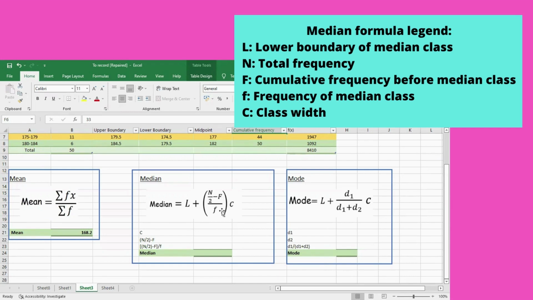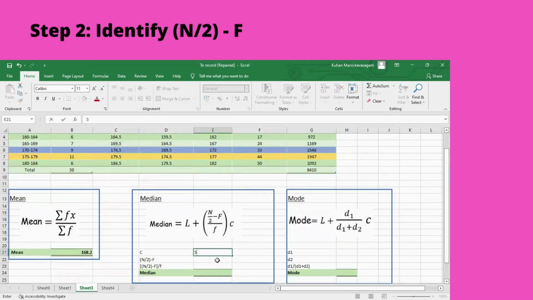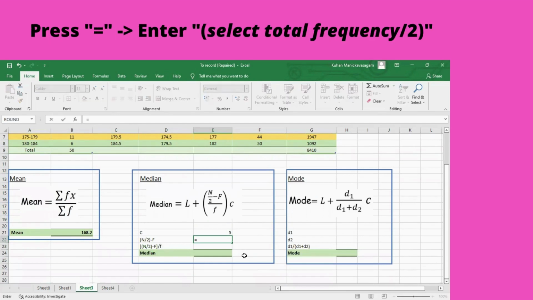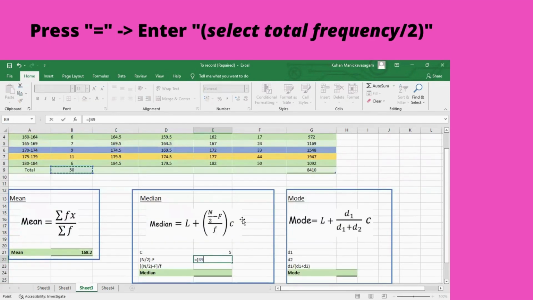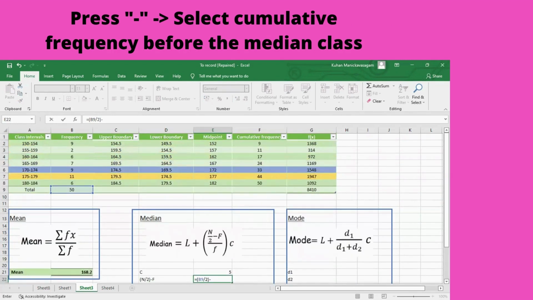Capital letter F is the cumulative frequency before the median class, and the lowercase f is the frequency of median class. Lastly, C is the class width. Okay, so class width is 5, and for bracket n divided by 2 close bracket minus F, what we need to do is type equal, open bracket, and select 50 since it is the sum of frequency, and divided by 2 close bracket minus F will be the